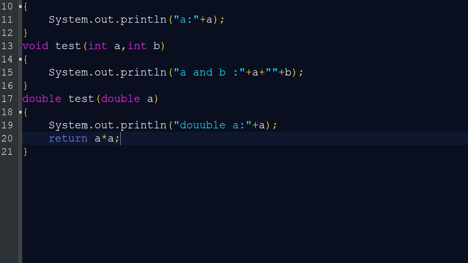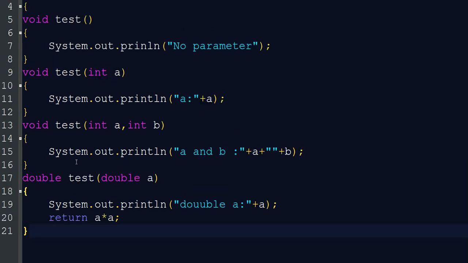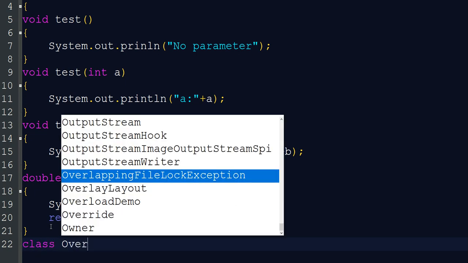Okay. So all the methods we declared, 1, 2, 3, 4 methods.